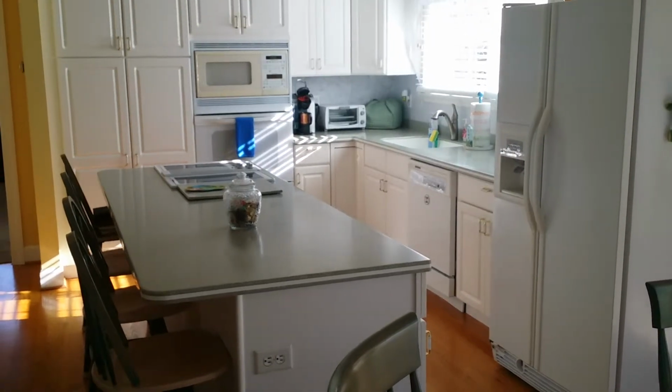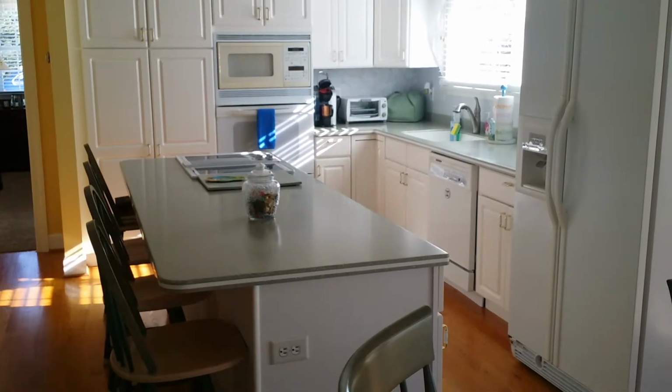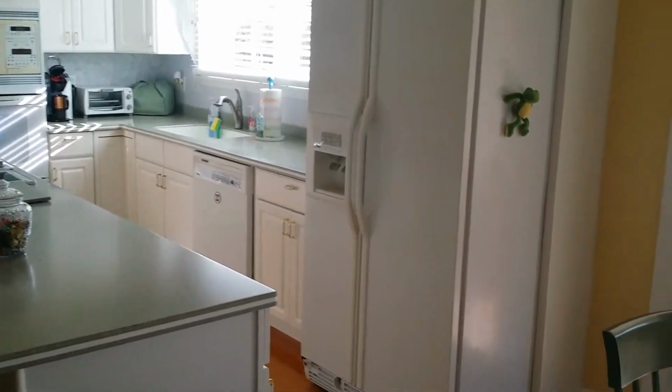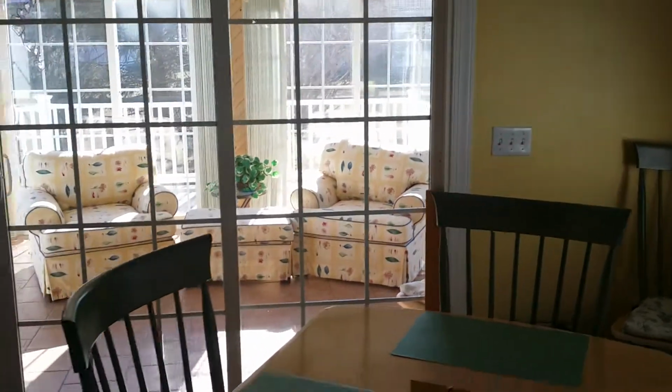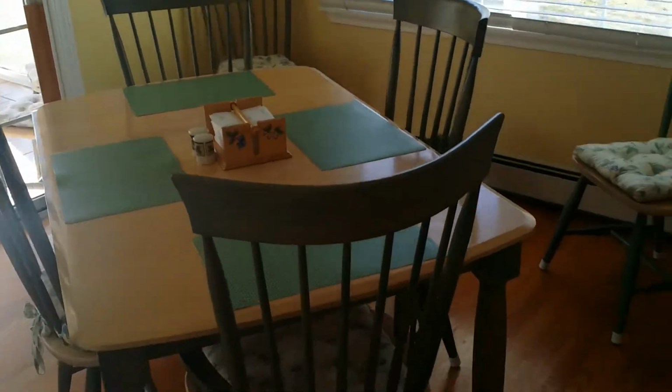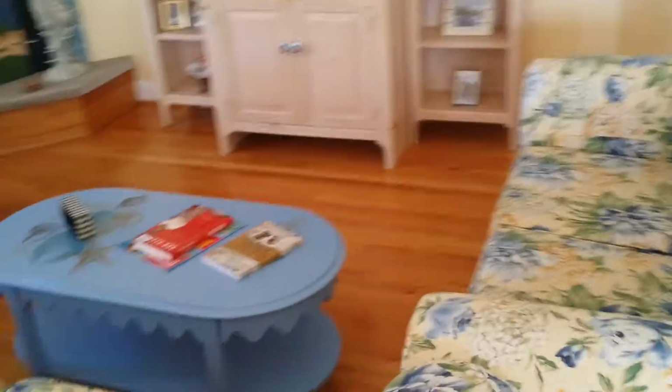This is the first floor of 9 Seaside Drive in Rehoboth Shores Estates. It's a 3-bedroom, 2.5-bathroom, single-family home with full basement. Open floor plan living area, lots of room,